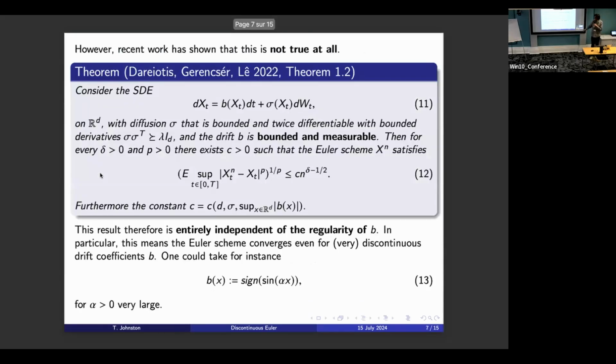So here we assume that both the drift coefficient and the diffusion coefficient were bounded. If you know a bit about stochastic analysis, in this context it's possible to apply Girsanov's theorem, both for the continuous time process and for the numerical schemes. And one can essentially think of them as a Wiener martingale with respect to a different measure. So that means lots of technical calculations one can apply to a Wiener martingale and then transfer back to the continuous time solution and the Euler scheme using Girsanov's theorem.